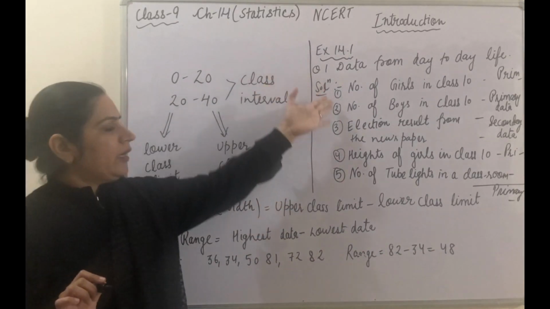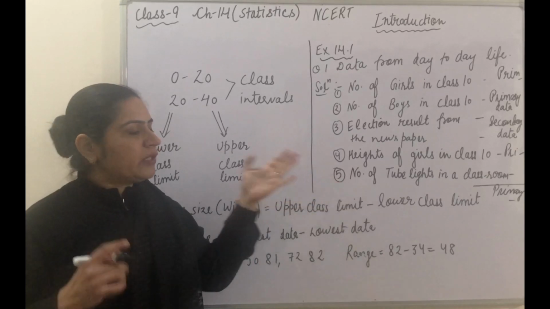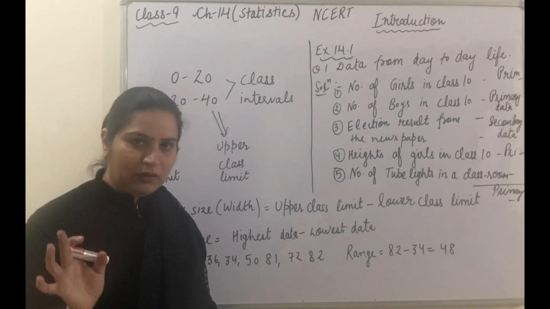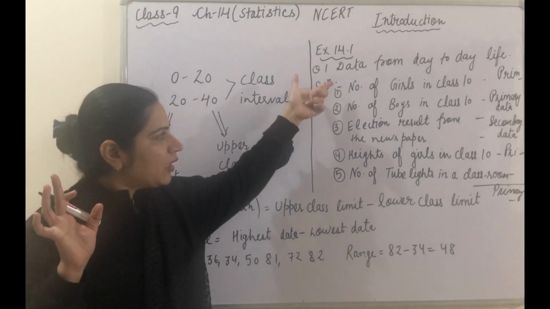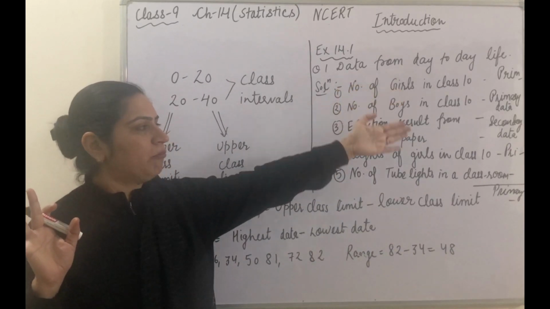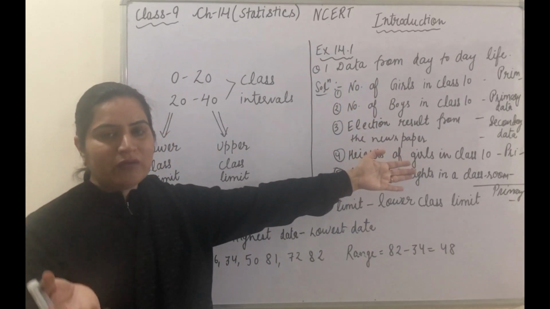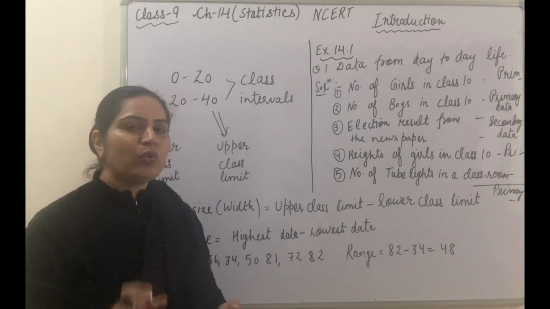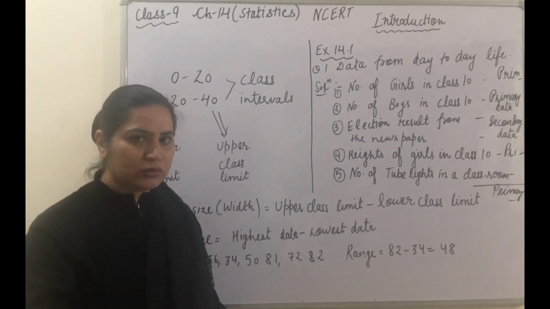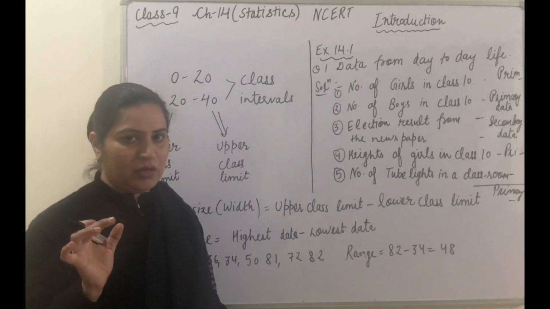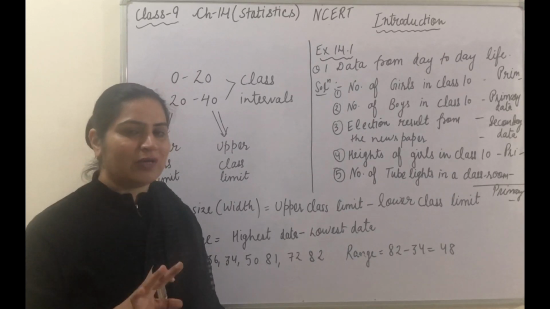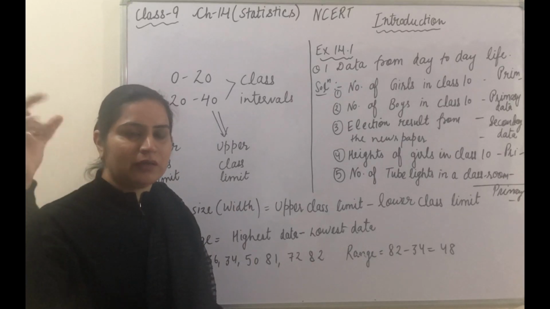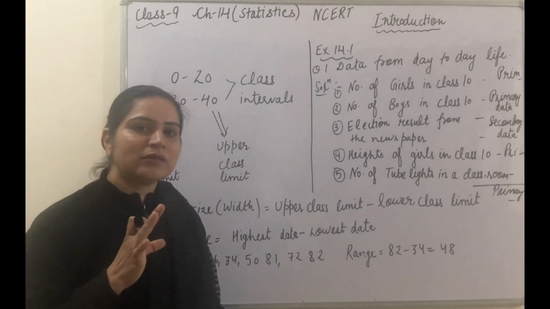In the first question I had taken these 5 examples, but there are infinitely many examples. It's all up to you. Whatever you are taking, write down. According to that example, you have to mention whether it is primary or secondary, whether you have collected it or whether the source is someone else. So if you have collected the data, you are the source, and that type of data is called primary. If you are not the source, if you have collected the data from the newspaper or the television or some other text, that type of data is called secondary data.